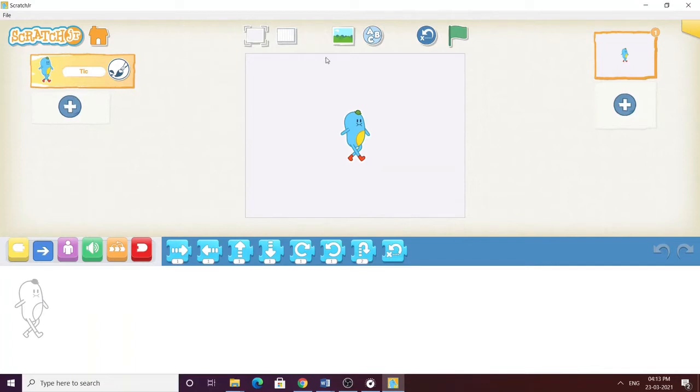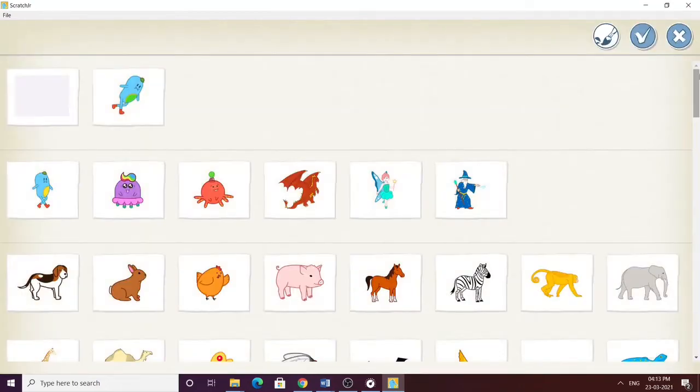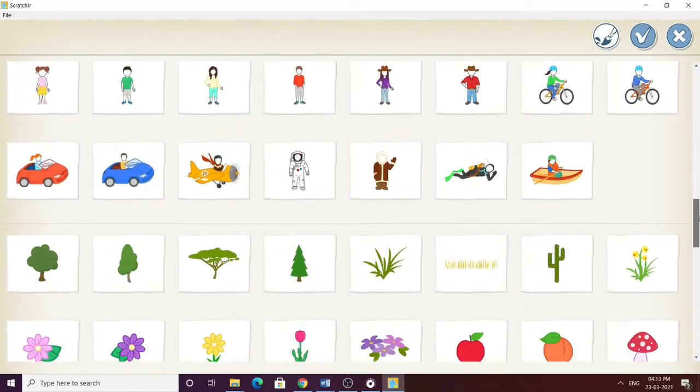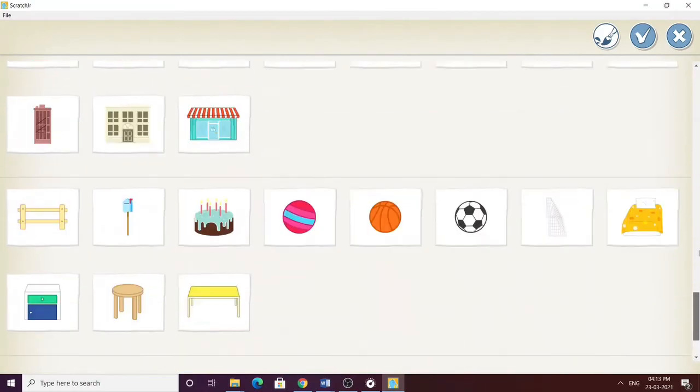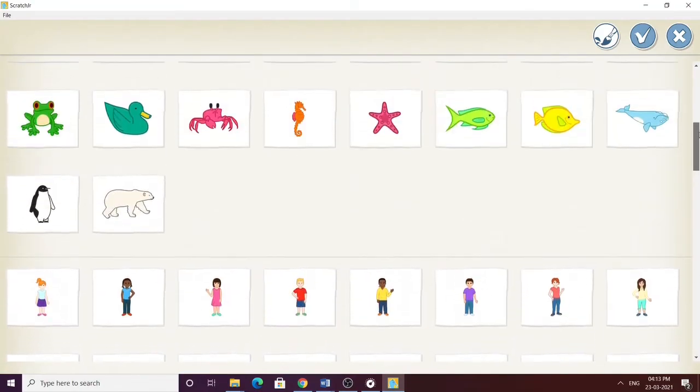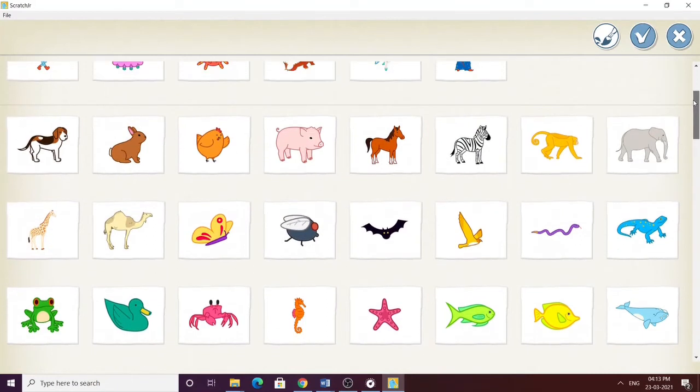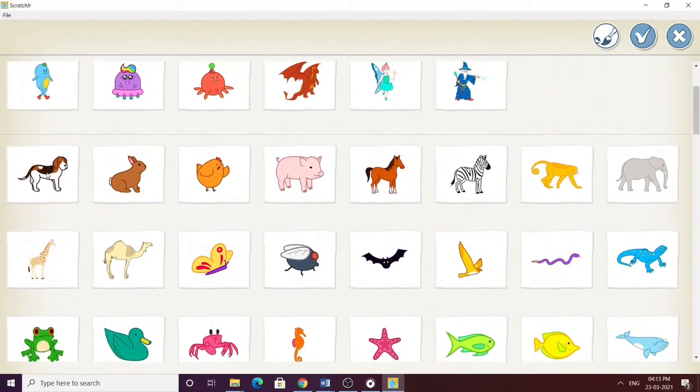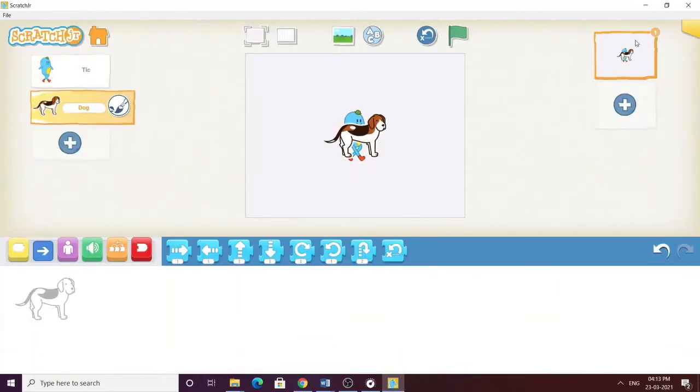To add more characters into your work area, just click on this add button. In this area, you could see that there are many sprites available so that you could add them to your project as you wish. So I'll select this puppy, click on this and click the tick button to add this puppy into your project.